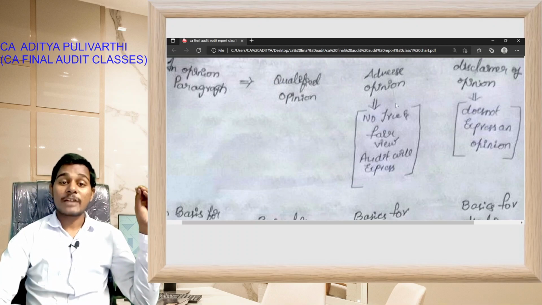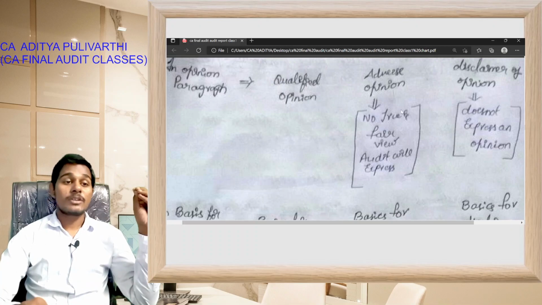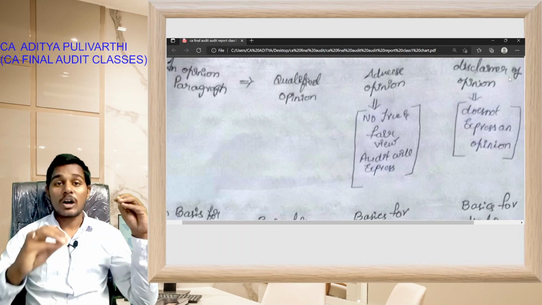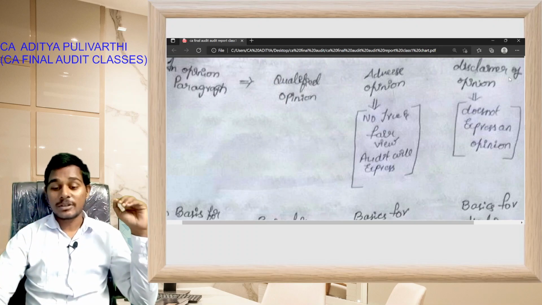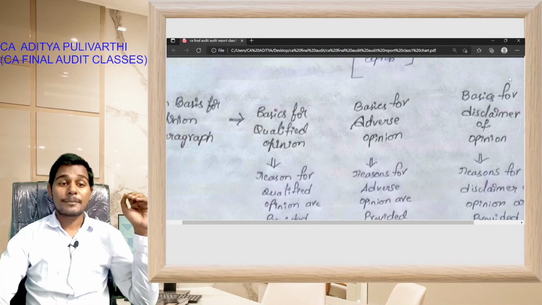In the case of adverse opinion, the auditor will specify that no true and fair view is given in the auditor's opinion section, and in the case of disclaimer of opinion, the auditor does not express an opinion. Okay students, in the basis for opinion paragraph,